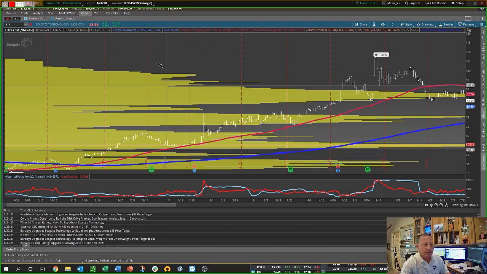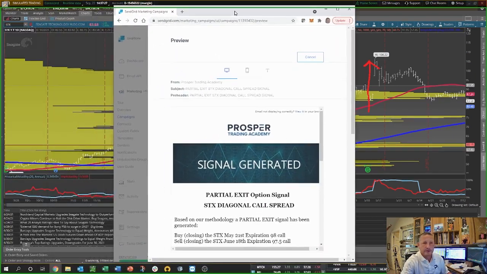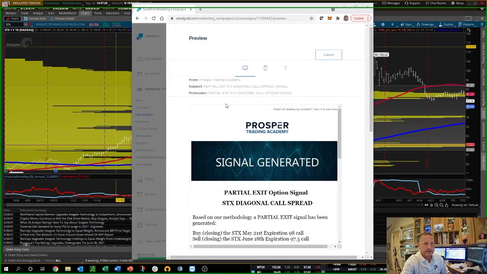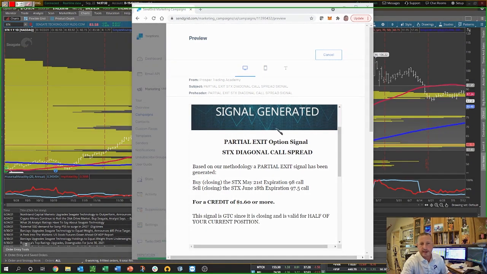Now, did we know, could we predict that we would see this big gap here? No, of course not. That just doesn't happen. However, we could, again, using these indicators, make the prediction that there was some sort of probability, likelihood of a move higher. So how did we manage this? What did we do? Well, as the stock started to move higher, we took some partial profits off the table. And you can see here, this was a partial exit signal where we sold this position on the move up for $1.60. Remember, we got in at 95 cents.